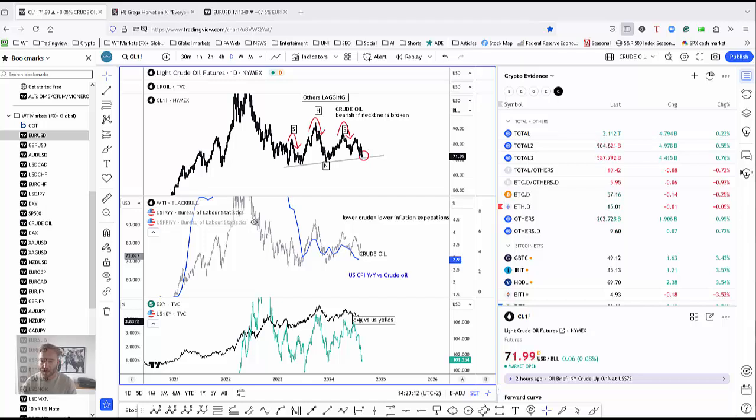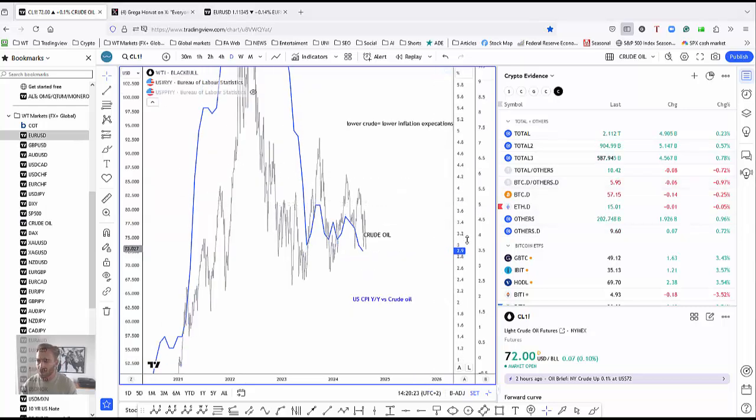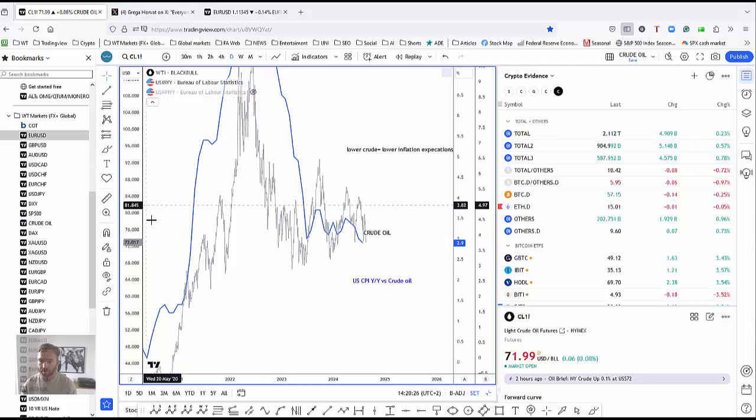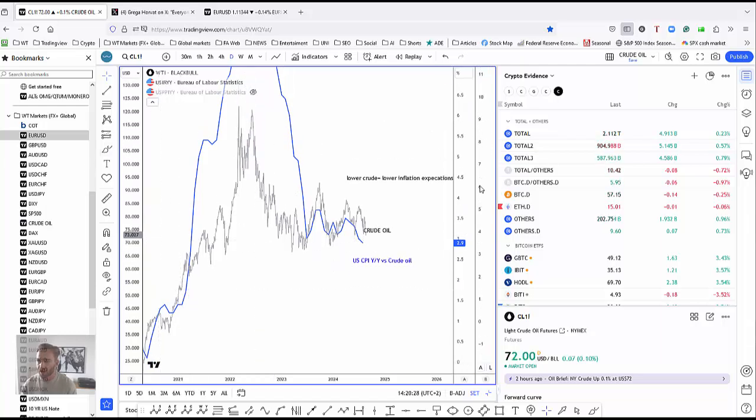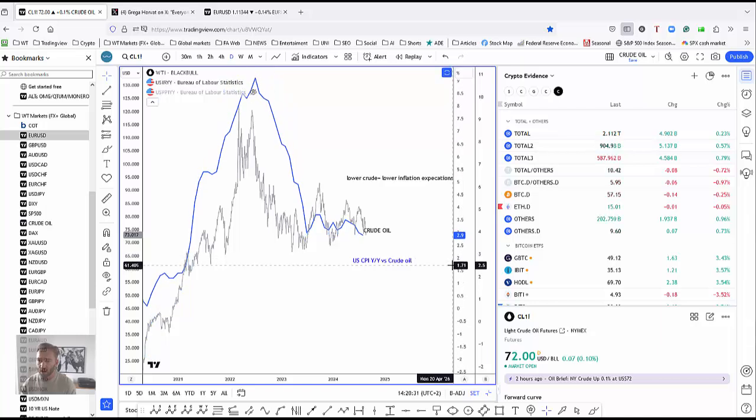So it looks like these lower crude oil prices could possibly help bring down inflation as well. That correlation has been pretty strong since the start of the year, and obviously years before. If we look here, we have the CPI year on year, and you have crude oil here in gray. Obviously crude oil could be leading the direction of potential prices of inflation in general.